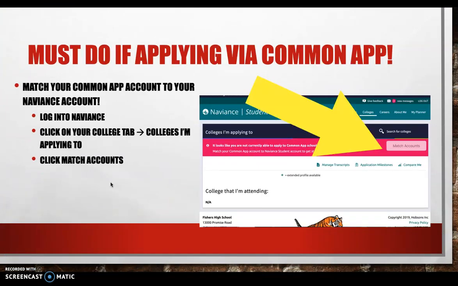There is one other item that must be done in Naviance for any student applying via the Common App. If you are applying with Common App, you must match your Common App account with your Naviance account. To do this, you will log into Naviance